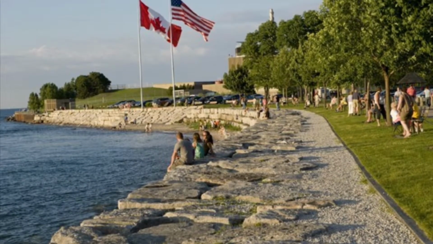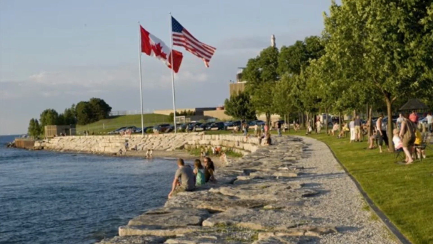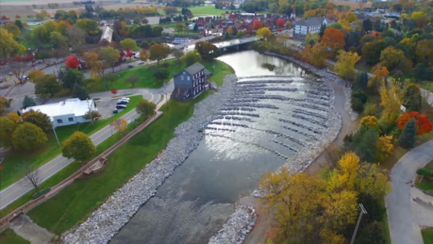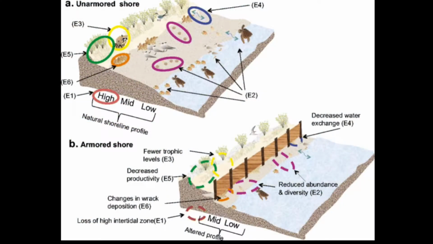The problem with armoring is the change in movement of sediment and debris, which can ultimately lead to the degrading of river deltas. This impacts the ecosystem in several ways, including habitat loss, restriction in ranges of species, and an increase of turbidity. Other significant impacts include altered nutrient inputs and overall water quality, loss of productivity, and loss of